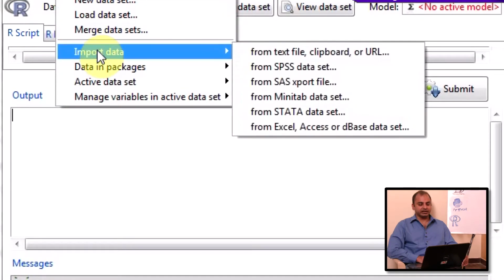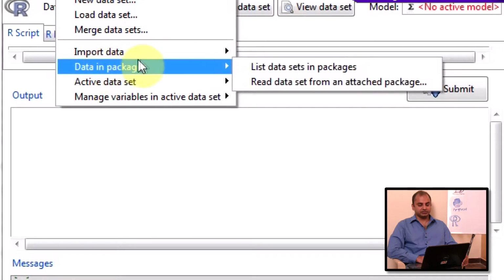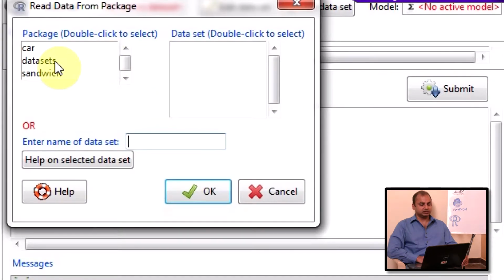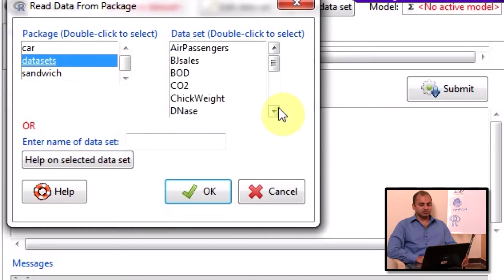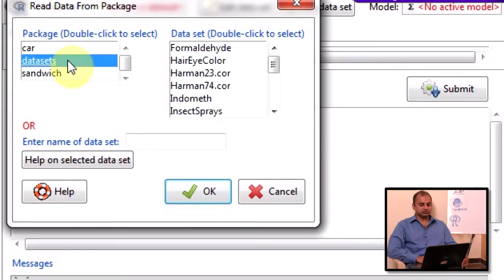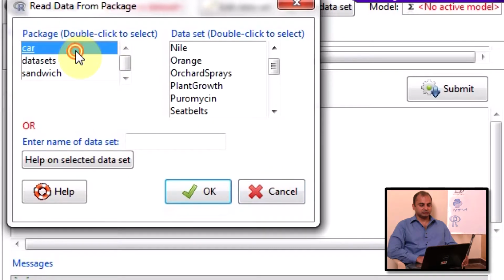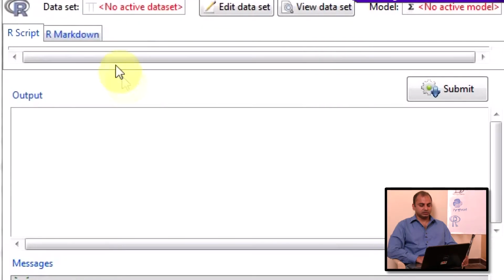Then let's take a data set, say, read data set from an attached package, right? Let's take library MASS. We'll choose it from the library MASS.